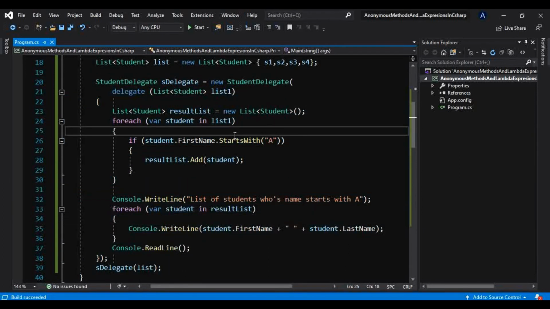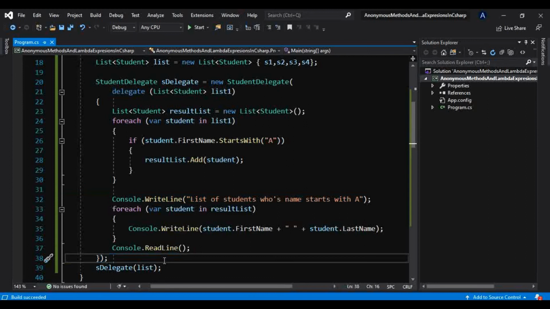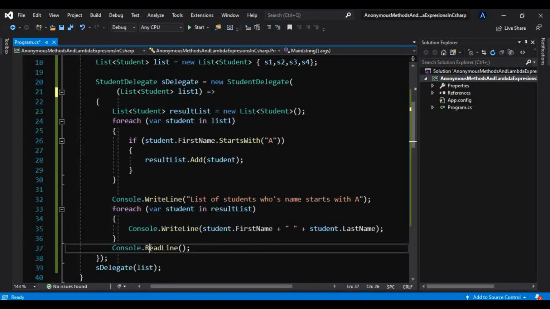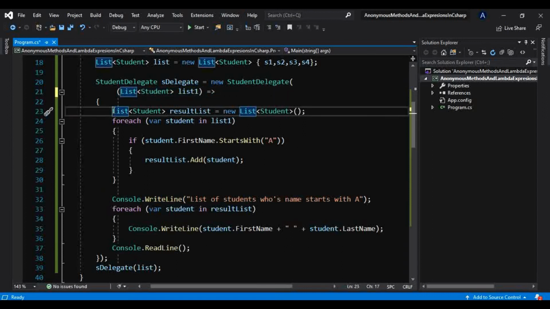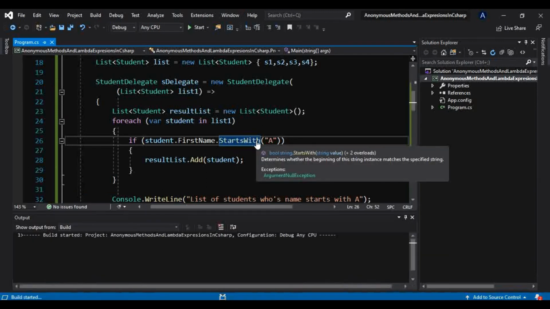Okay, and now what is a lambda expression? Instead of this anonymous method, we can replace this with a lambda expression. And how do we use that? Instead of using this delegate keyword here, I will get rid of that. We will just use an equal to sign and a greater than symbol, which is nothing but an arrow indicating this code here. So how do we read this? This is nothing but we want a list of student such that, this arrow is nothing but such that, the name of the student should start with A. So this is how we read this lambda expression. And now let me run that again and I will show you, we will get the same output.